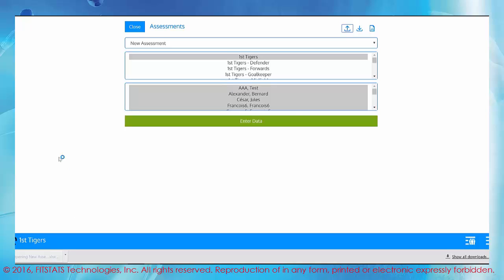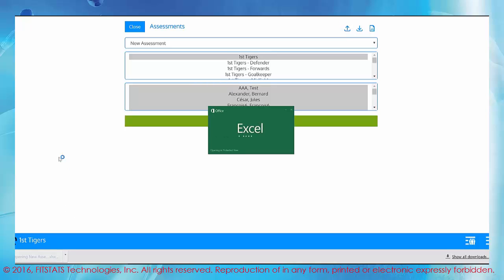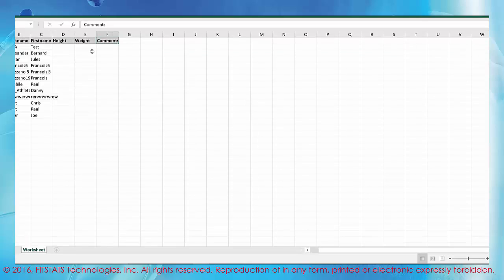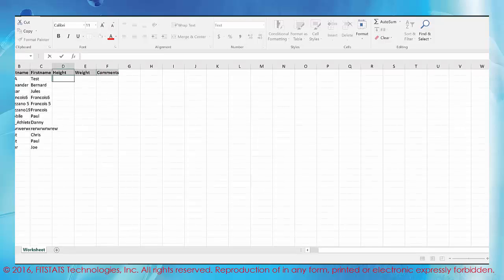And when I open up this Excel file, it's going to be empty. All we've got are the names of our athletes and the test names. So here I'm going to enable editing and enter some data. And this is just dummy data for the sake of examples. Now if I save this Excel file,